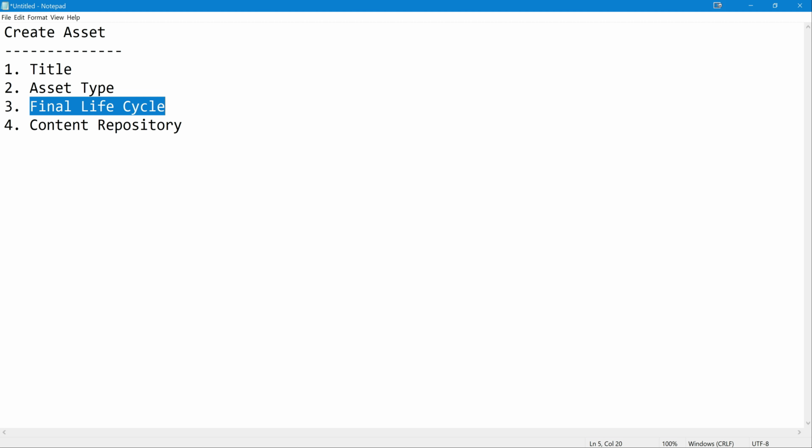Final life cycle, as we have seen in the previous videos, is on what status we are sending this asset. So is it a created state or approved state or reviewed, or all these things. Created means it will go into the create queue, then we need to submit for the approval from there, and then once approved, it will go to the actual assets. Or we can directly pass it as approved state as well.